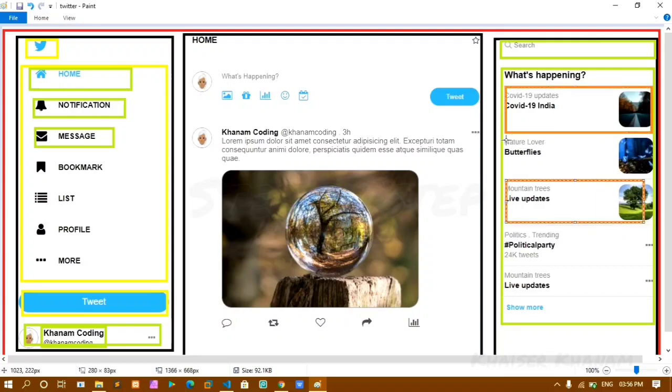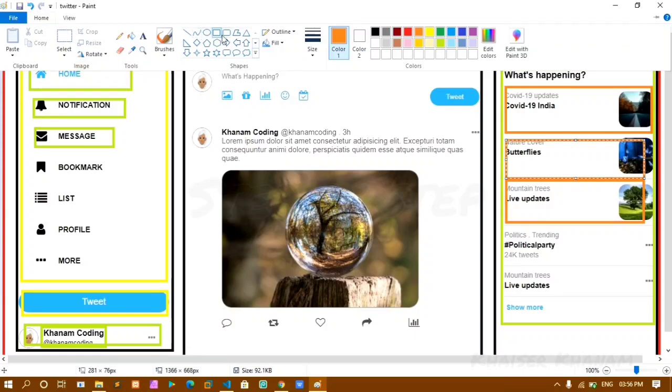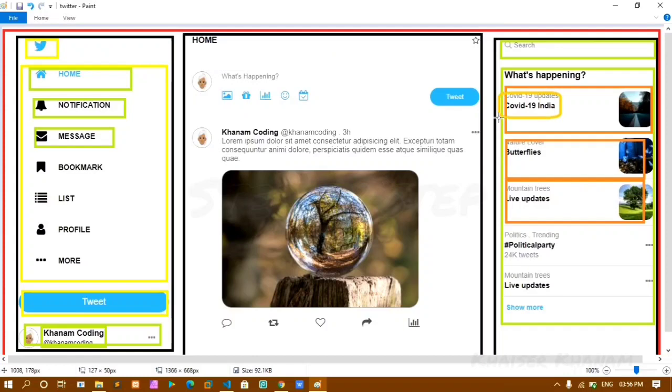In the same way this will be one container, this will be one container, this will be one container. Now inside this will be one container, this will be one container, and this will be one container. Okay, this is how it goes. This will be one container inside this container. Let's style this one. Inside this container I have this one container and this one container, and inside this second container I have these containers, and inside that I have these containers. Let's style this so that you will understand.